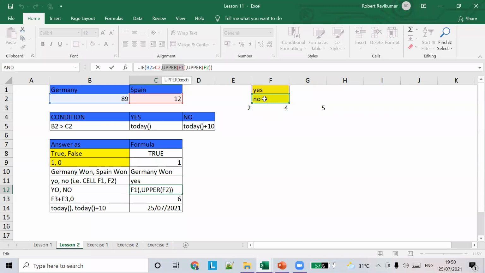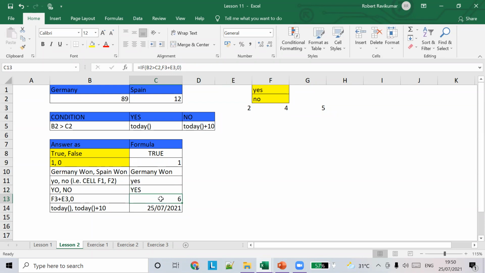So that's the example we saw, to show the uppercase values of the cell reference here. And this is the one where, let's say, F3 plus E3.